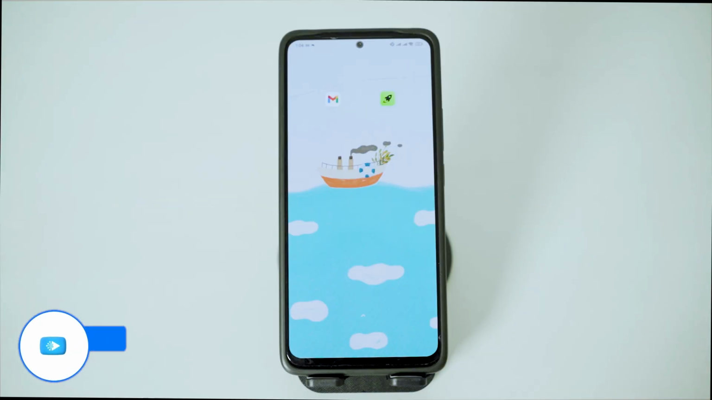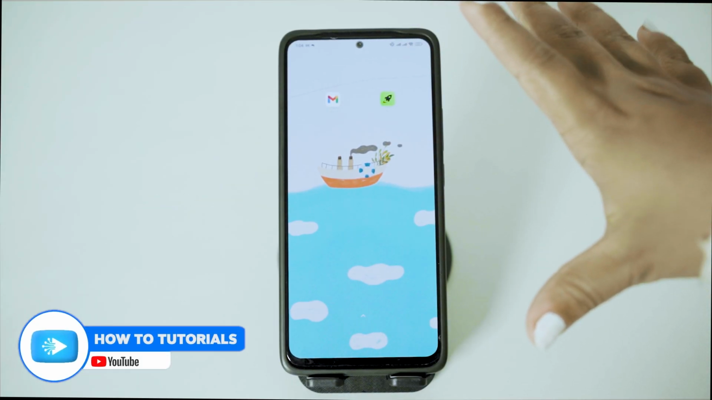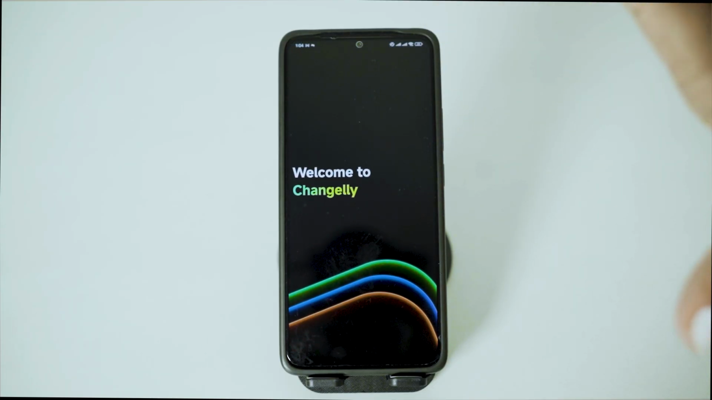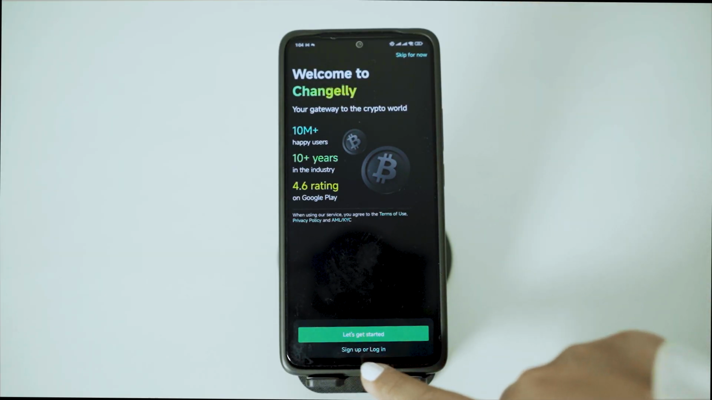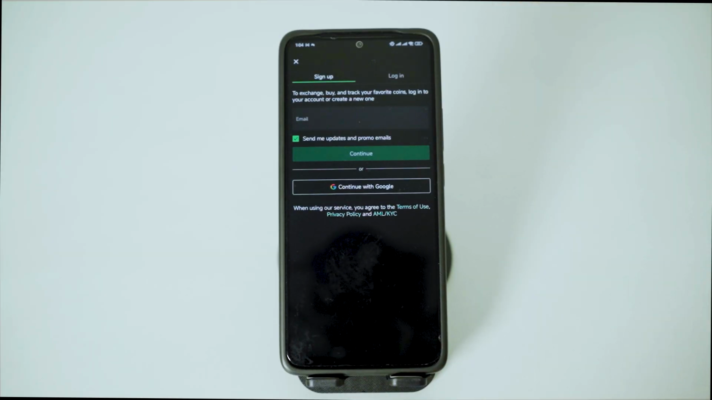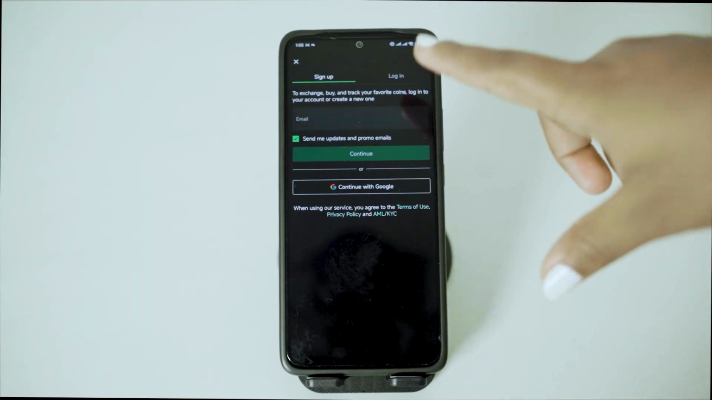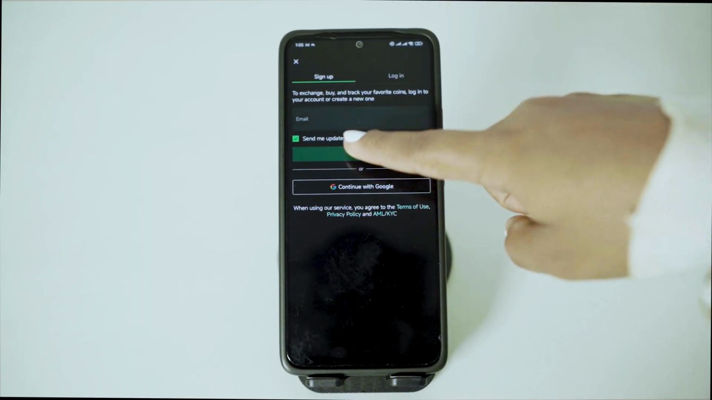Well, it's quite easy. First of all, make sure that Changelly is installed on your phone, then simply open the application. The first thing that you'll see is this page right here, and from here tap on sign up or log in. After doing it here, you'll have to tap on this option right here and simply write down